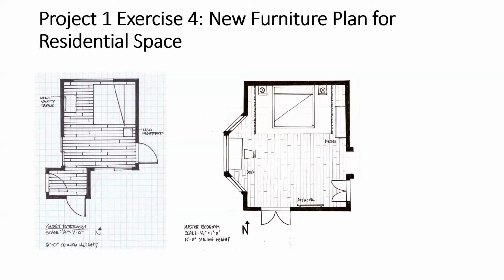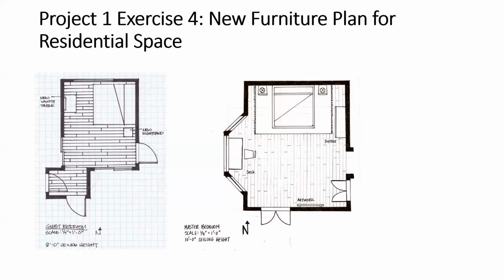Also keep in mind that these are somewhat mysterious rectangles, and so they have been labeled because there's not enough context for them. The vanity table definitely needs a label because it would be hard for someone to know what that was without any more information. We can guess that the nightstand is a nightstand because it's next to a bed, and that's where we put nightstands. But I labeled mine here because I wanted to draw attention to the fact that it was new, again, because it was so close in shape to the existing one. But your furniture shapes may be slightly different and curved and bring in all sorts of new elements. And so this more extraneous labeling may not be necessary.